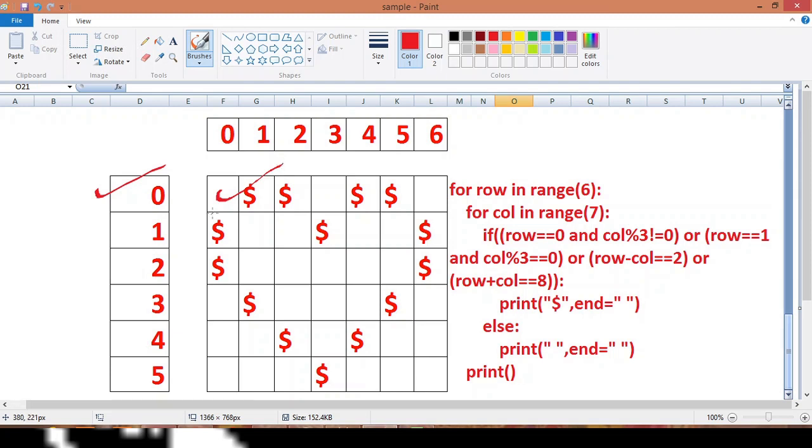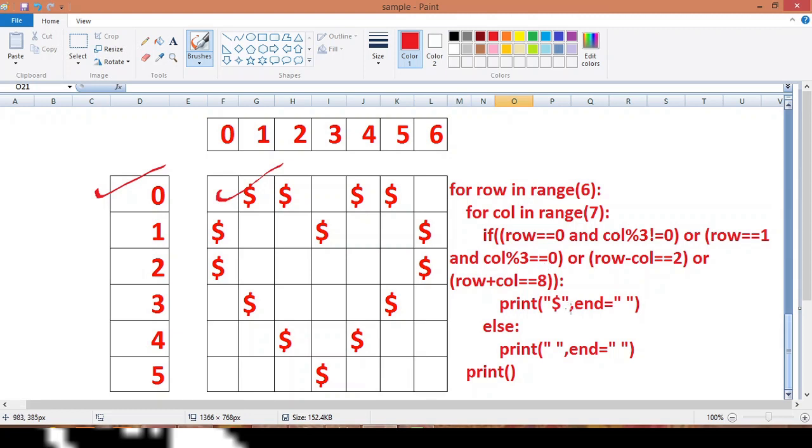And if at the same time the remainder of this col index is not 0, then only print the $ sign. As the remainder is equal to 0, it will not be printed. That means the Python interpreter will move to the else part, and the empty space will be printed here.